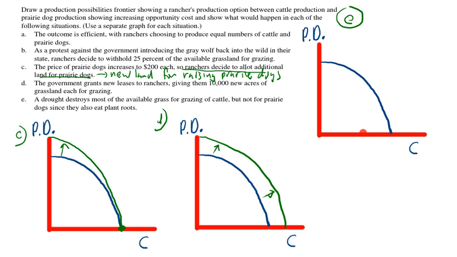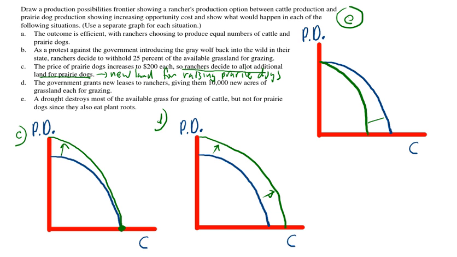And again, I want to show that this shifted inward. My ability to produce cattle has been affected, but my ability to produce prairie dogs has not. So for any given number of prairie dogs, this number of prairie dogs, I used to be able to produce this many cattle, but now I'm in here. This many prairie dogs, I used to be able to produce more cattle, but now I'm less. Basically, at any level of prairie dogs, the number of cattle is going to be less. All right, so I'll take any questions, but I want you to know that